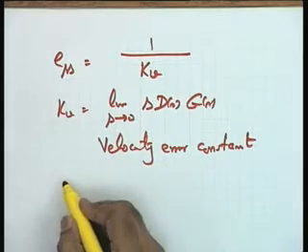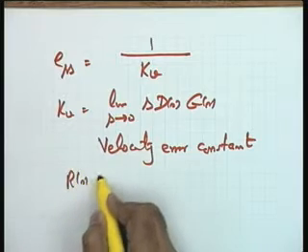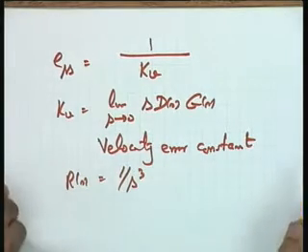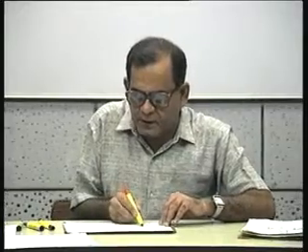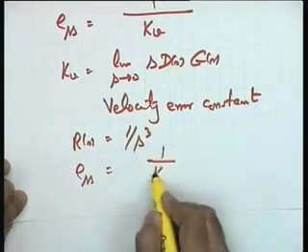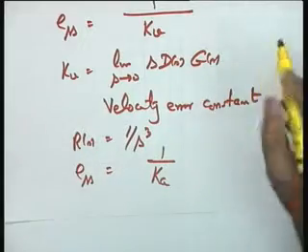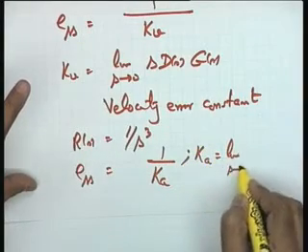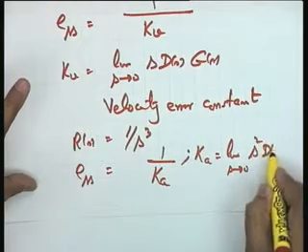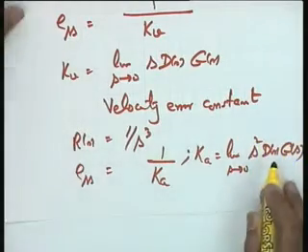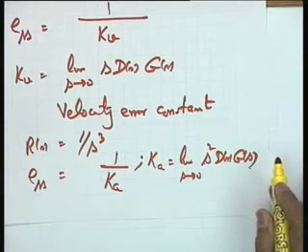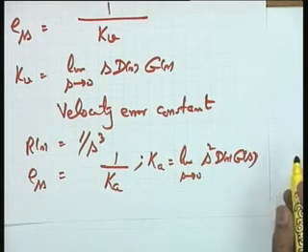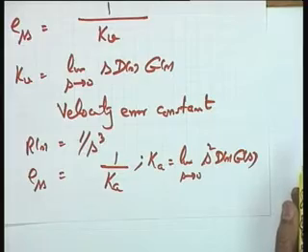And lastly, and identically, of course, Rs is equal to 1 by s squared if you take. Please do it for yourself. ESS will turn out to be equal to 1 over Ka, acceleration error constant, where Ka is equal to limit s tends to 0 s squared ds/gs. This is your Ka expression, please. And that's all. You need not go to higher order inputs, because we have decided that we will go for ramp, step and parabolic inputs.